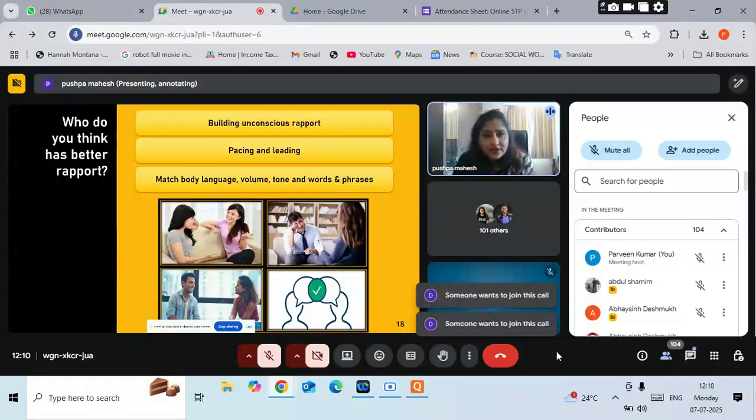If they are leaning forward, you can also lean forward. If they are nodding their head frequently, you can also do that. So what happens here is instantly there will be an unconscious rapport. Their subconscious will start trusting you. If they are laughing in between, you do the same thing. So there'll be a beautiful bonding and a beautiful understanding between the two. You'll be more receptive, and they will be more receptive to you. They will instantly buy whatever you say, and then the bond is created there.